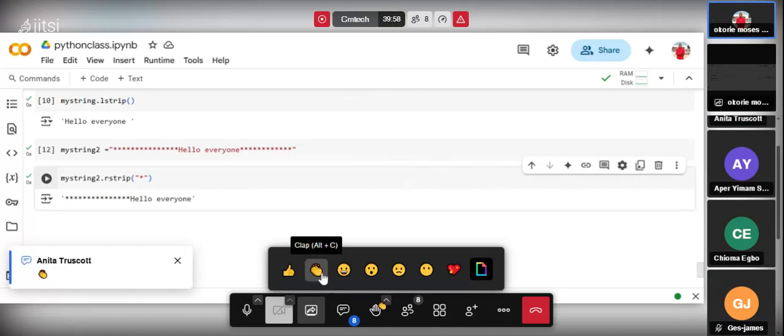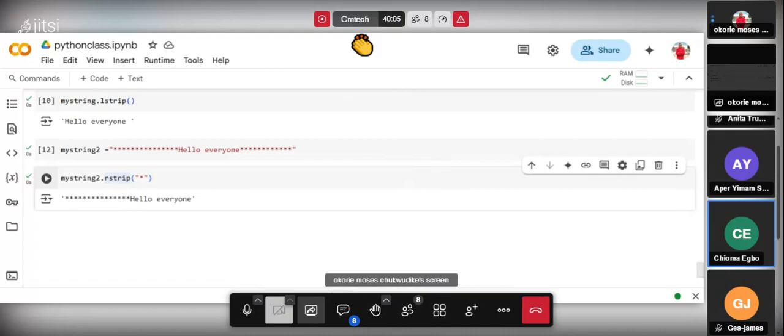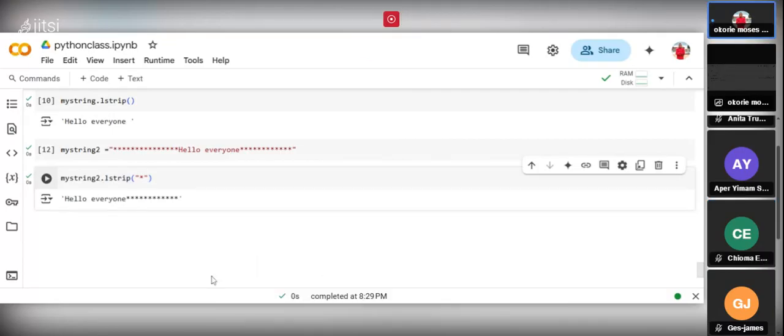So see, the same way you can also do it at the left. It will remove the left side. Now let's go to our method. So we want to look for the